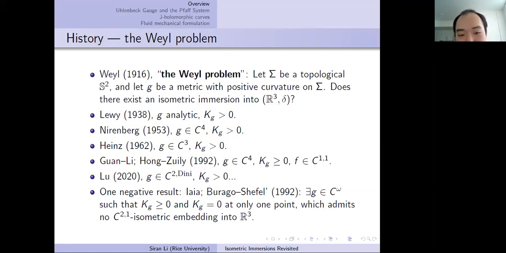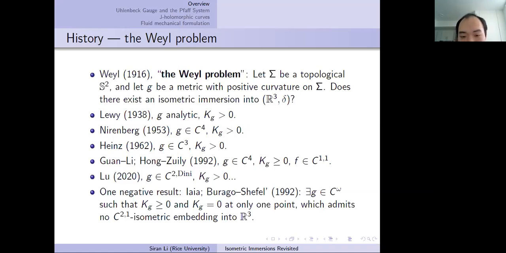And in '53, Nirenberg proved that for G being C4 with strictly positive Gauss curvature, there exists an isometric embedding. And in '62, Heinz relaxed the regularity condition in Nirenberg's paper from C4 to C3. And much later, 30 years later, Pengfei Guan and Yanyan Li, and also Jiaxin Hong and Claude Zuily, they